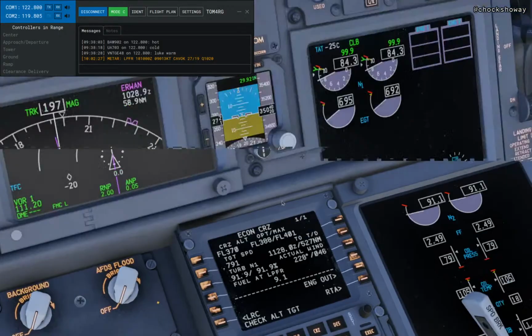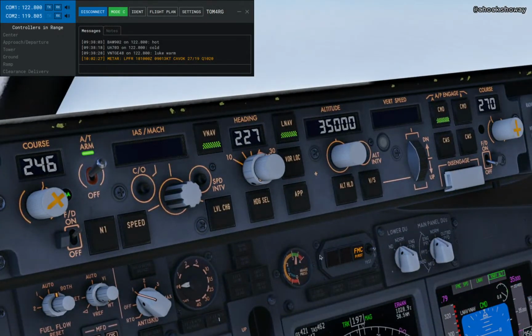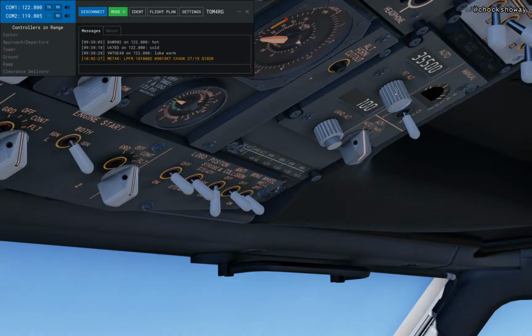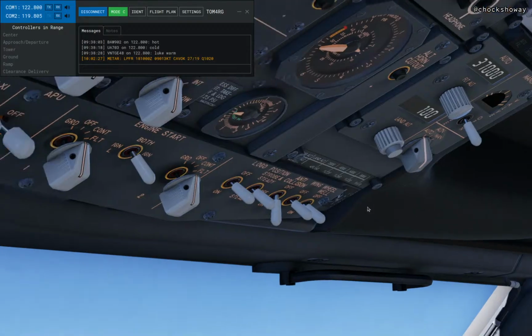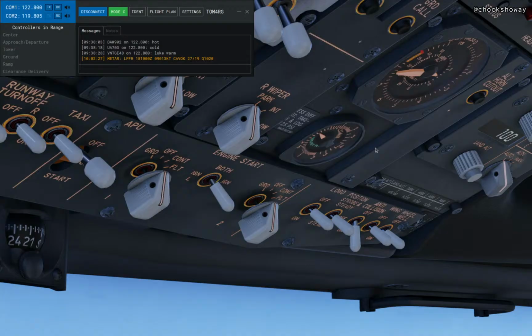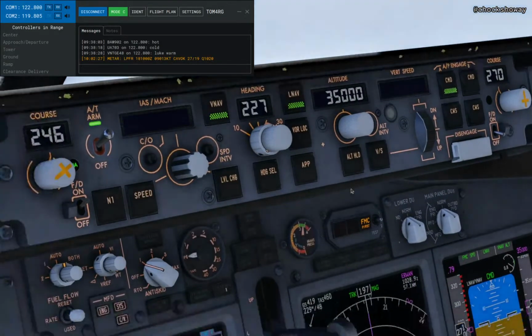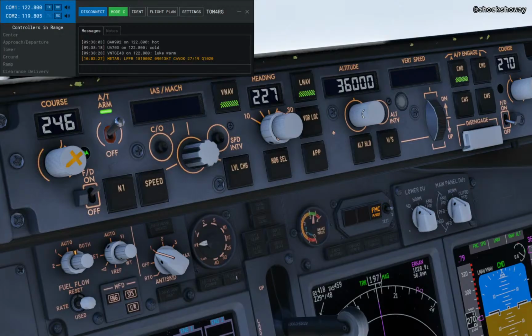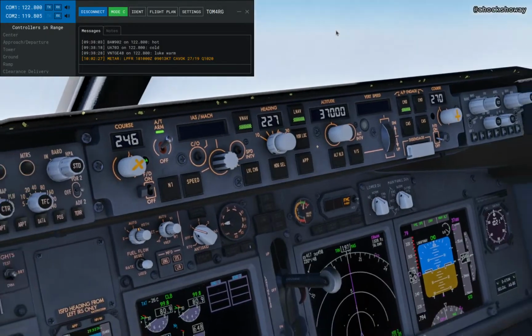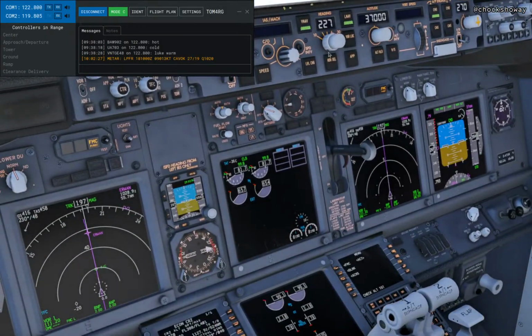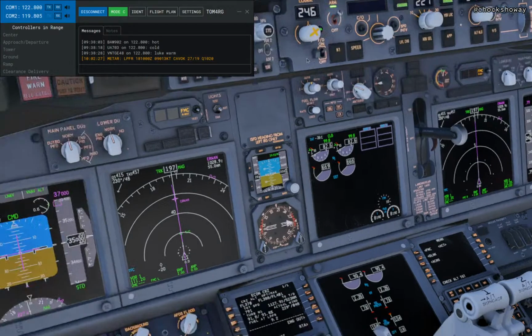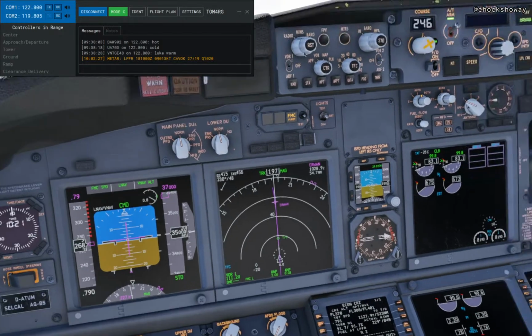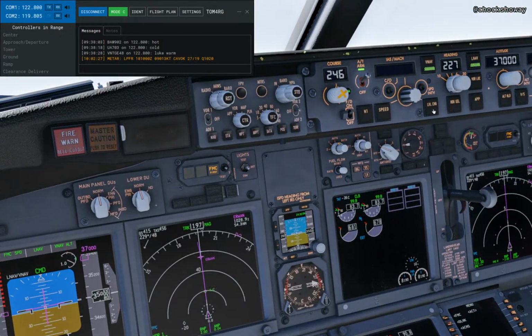Check altitude target, which means that we haven't changed the altitude in the window here, but that's by design because we need to change the pressurization setting. Again, you'll see the altitude VSI changing, and now we can tell the aircraft that it's safe to climb to 37,000 feet. So if we go to level change,